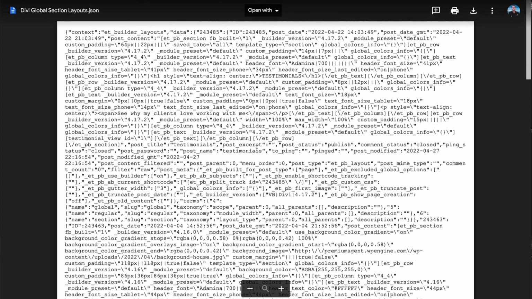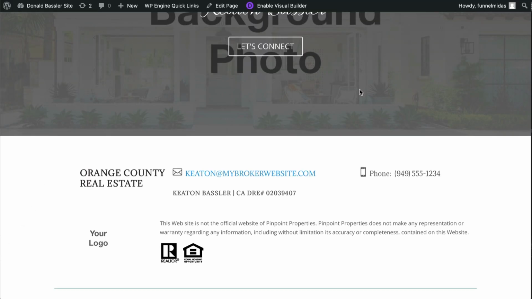Don't worry about any of this. You don't need to know what any of that means. All we need to worry about is mousing over here to the download link and clicking download. And when you do that, it'll just take a moment to download, and you're going to find that in your downloads folder. So now that we properly have the file downloaded, we're going to go to our dashboard, mouse up